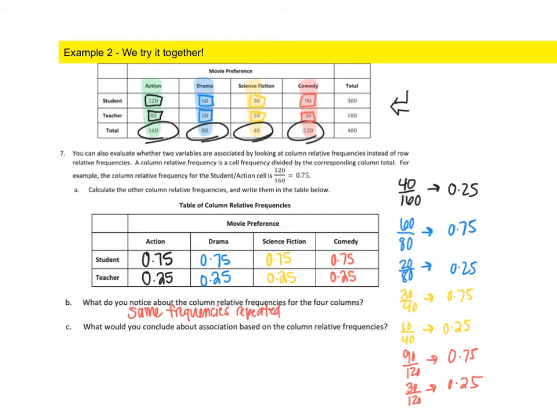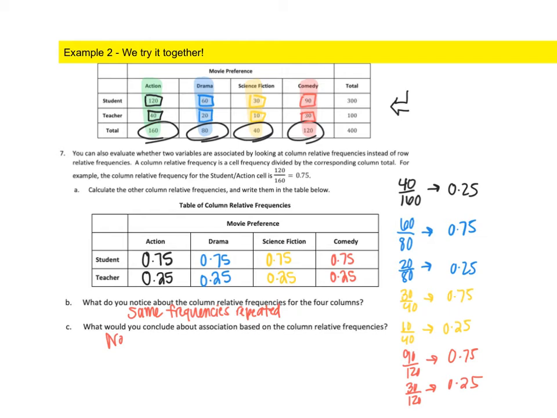The same frequencies are repeated throughout. What could we conclude about an association based on the column relative frequencies? Well, looking at these numbers, they're the same throughout. So what we can conclude is there's really no association here, right? Because these column relative frequencies are the same for all 4 columns, we would just say there's no association between